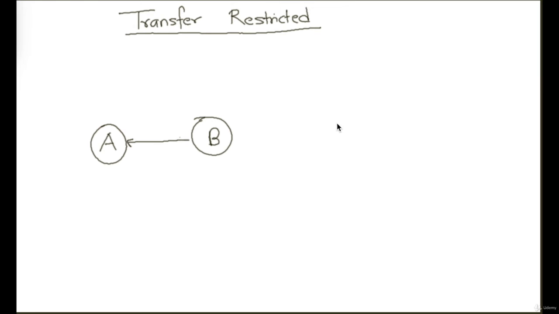Let's suppose B wants to restrict traffic towards A, and it wants to inform the adjacent nodes C and D that they should send only minimal traffic to A. So B will send the TFR, transfer restricted message, for A to C. What this means is that C should not send any traffic to A via B, but in case of very high priority traffic, or if there is no other route available, then C can send it. So it's a middle path.